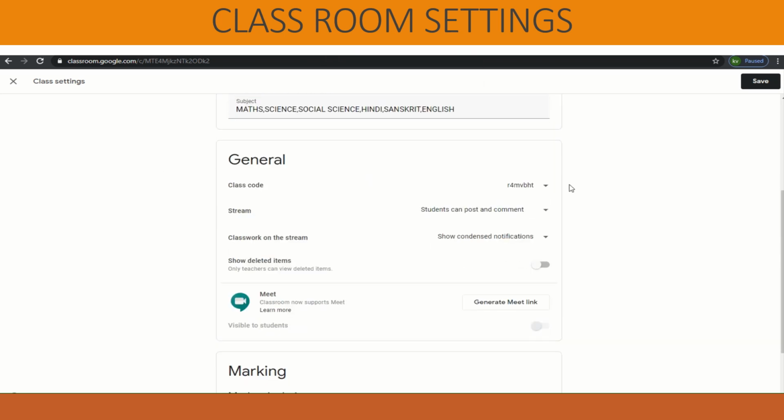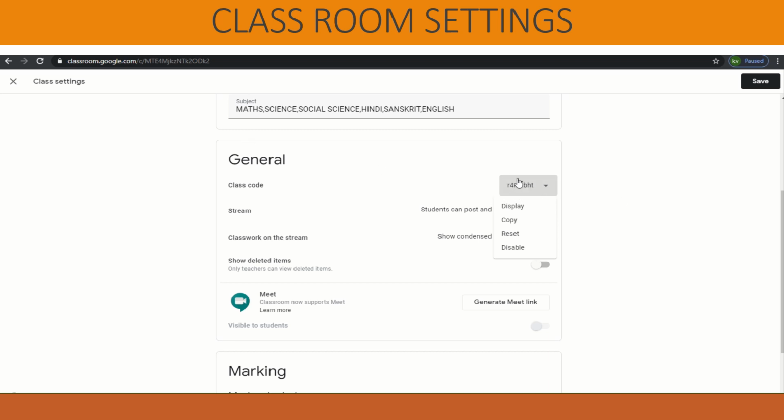And you get a class code. This class code you can make disabled so that the students will not be able to see it. Right now I am not doing it, but you should know the various options. Display means this class code will be displayed in the classroom.